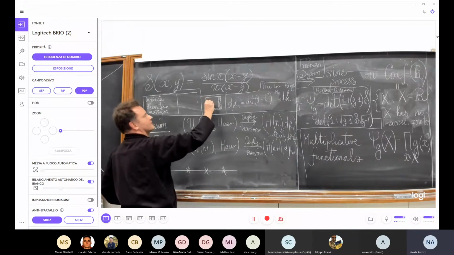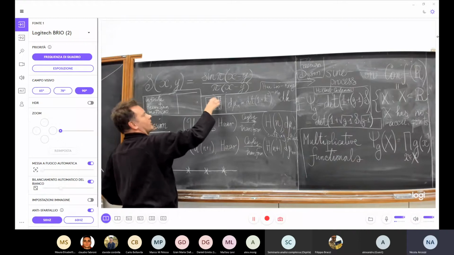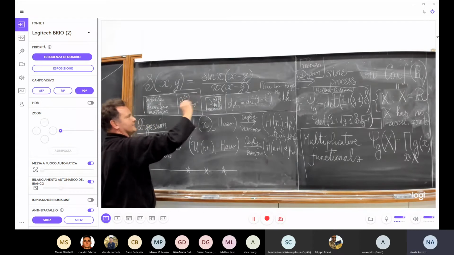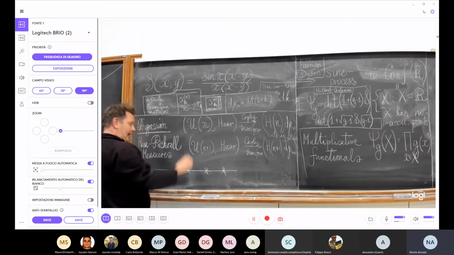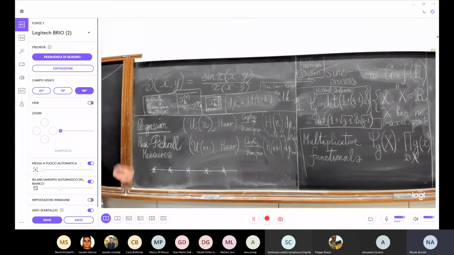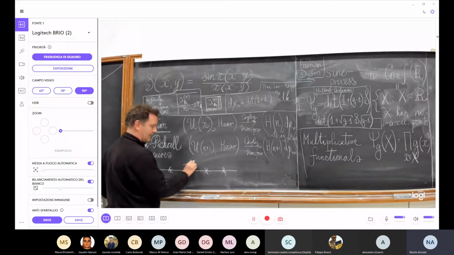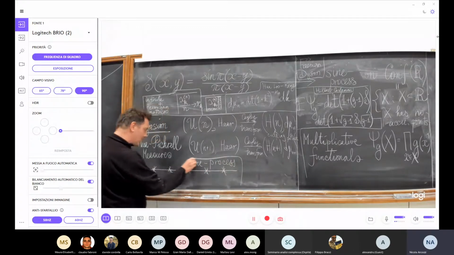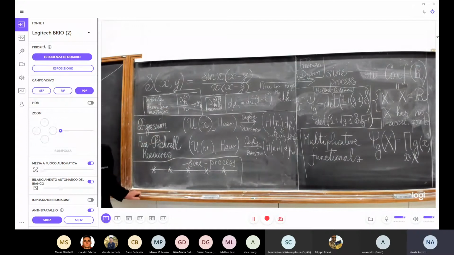So if eigenvalues of these matrices we denote lambda k n, then lambda k n over n converge to some limit which I denote xk. And this configuration of xk's carries a measure, and this measure is precisely the sine process. So the sine process arises in this way in decomposing Haar measure, in considering the image of Haar measure on eigenvalues.